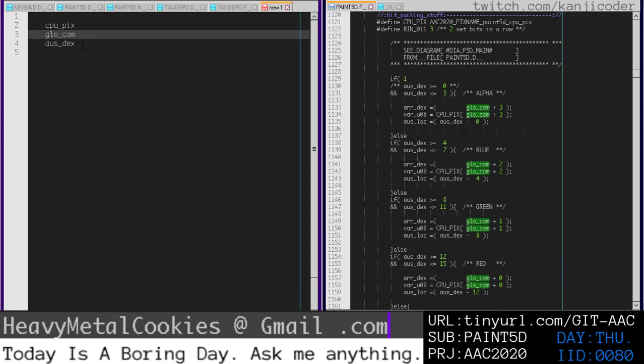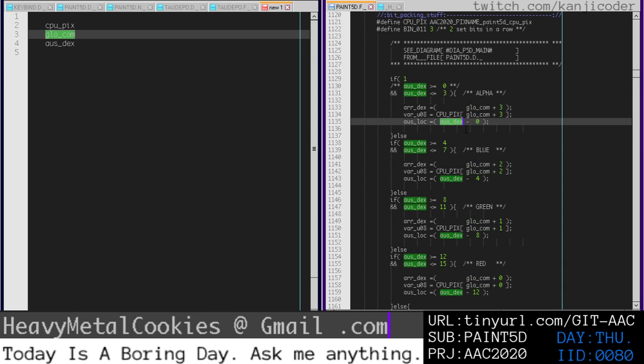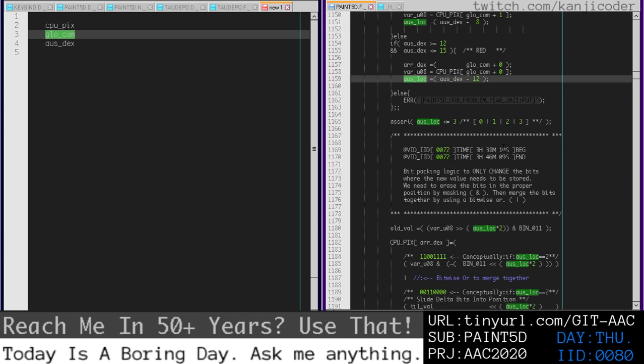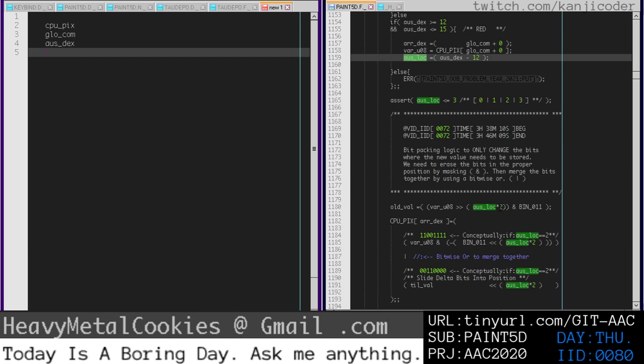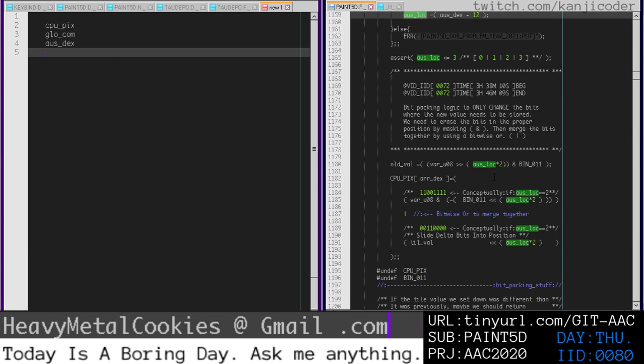we're going from general to specific. So CPU pix as the data, then glocom is the component that goes into here, right? So it's more specific because, right, general and honing in on something more specific, okay? And then furthermore in the calculation, we then use osdex. Osdex is going to use oslock, and oslock creates the shifting. So I think osdex makes sense as this third parameter when we're trying to order from a general to specific. And I think that's all we need,